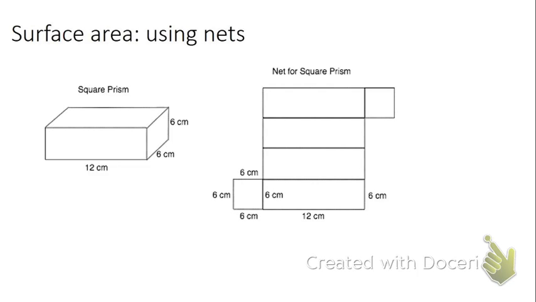Okay, surface area using nets. So right now, we have a square prism. So what this is saying here